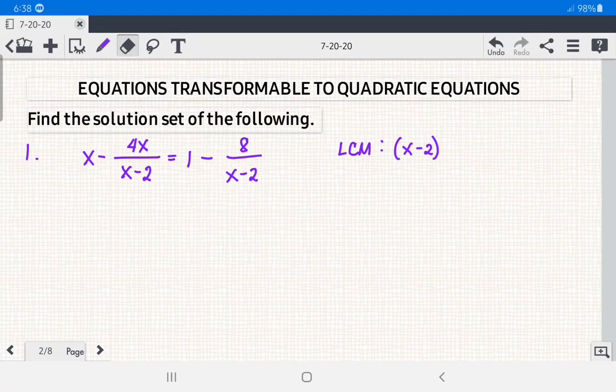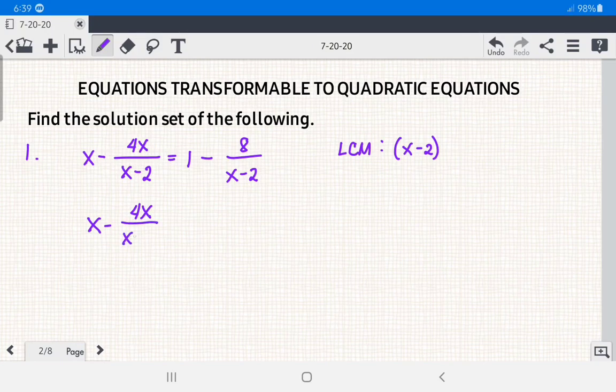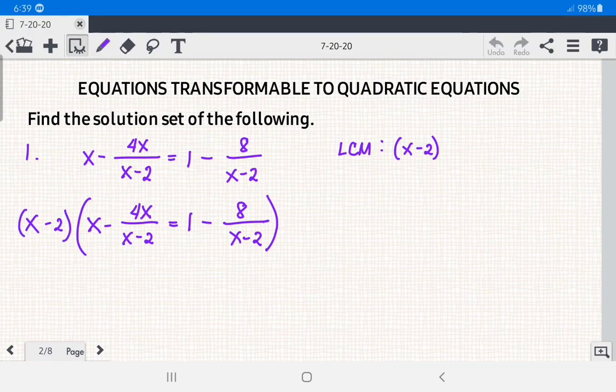So simply the LCM is x minus 2 times 1, or that is x minus 2. Then, let us now multiply both sides. Let us just copy first. Then 1 minus 8 over x minus 2, multiply it by x minus 2. Okay? Then we have